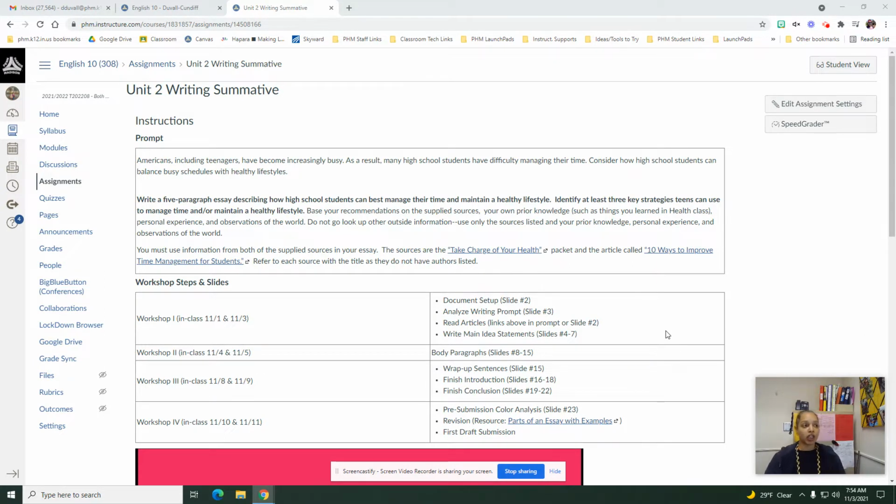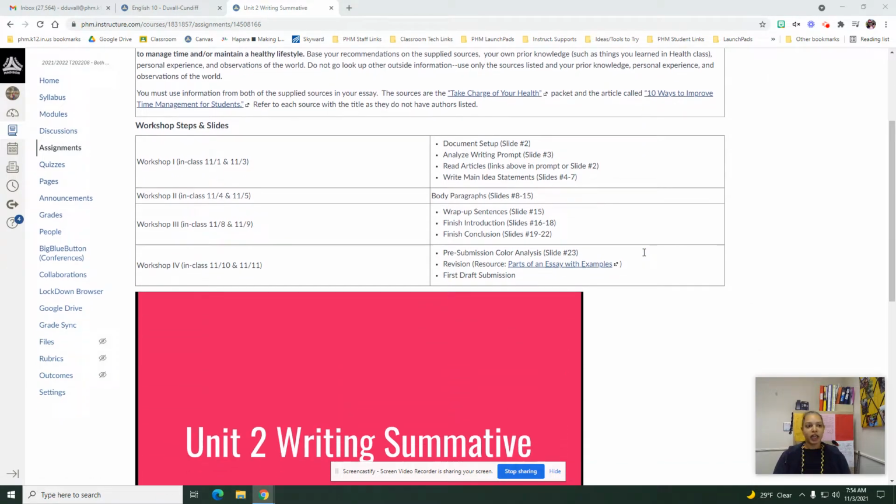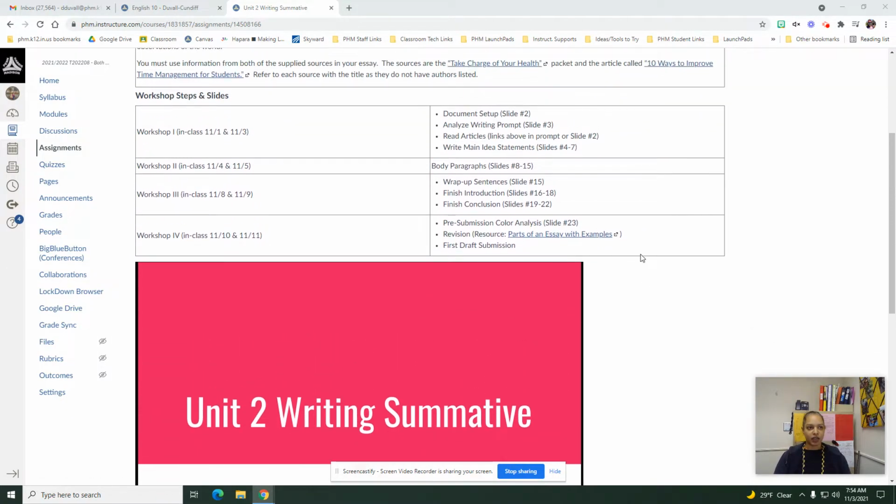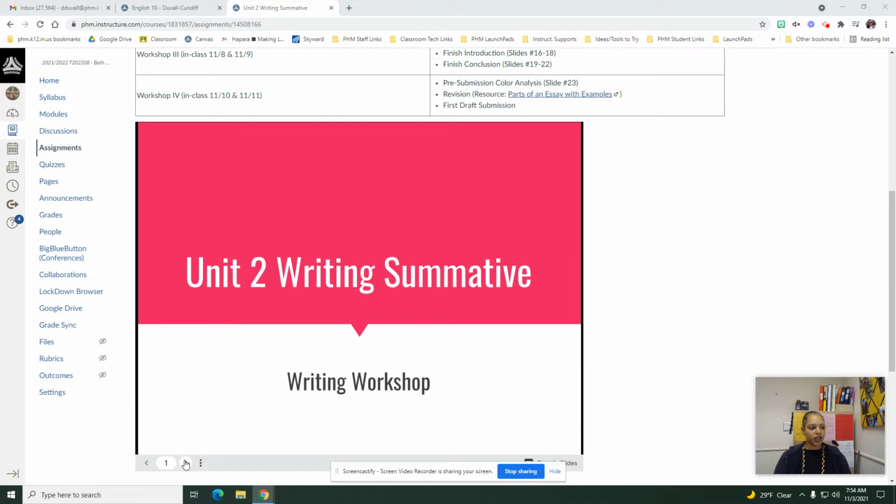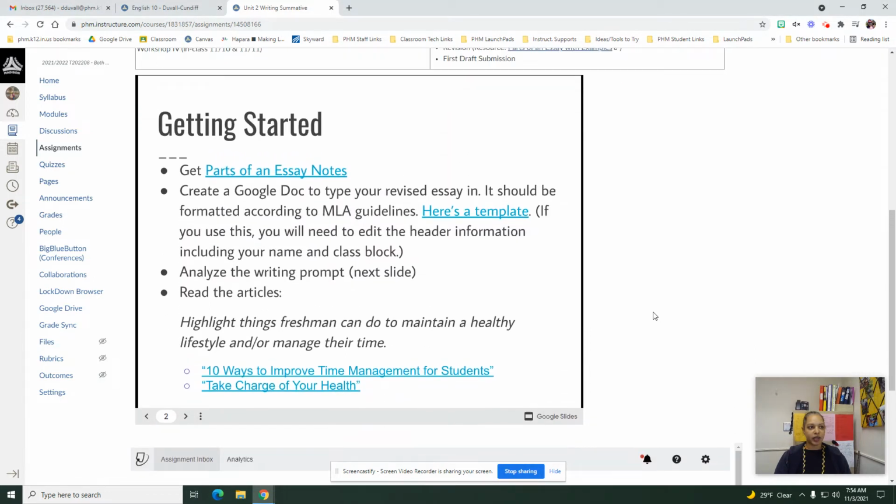We are currently on the Unit 2 Writing Summative assignment page on Canvas. This is kind of your launch pad for everything, and it has the slides that we'll be looking at today. So as far as document setup goes,